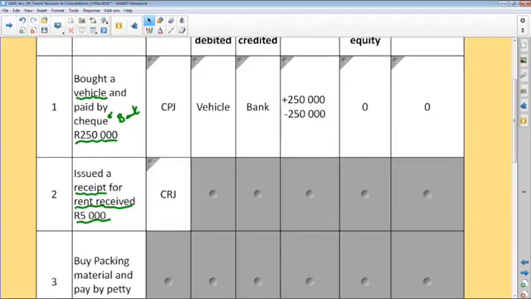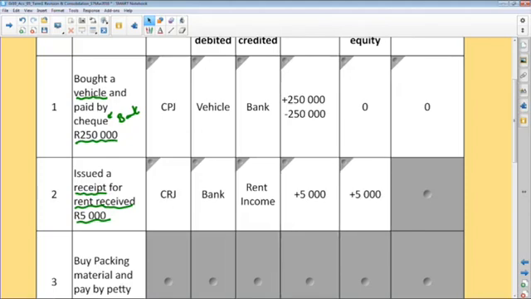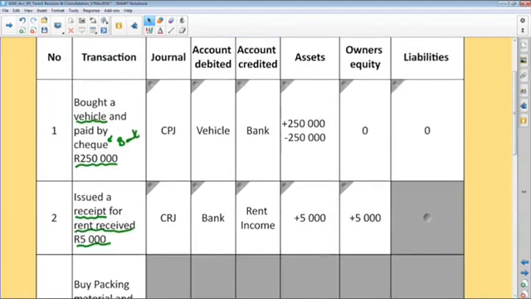Now remember, we're receiving money. Where will we put this money? We'll put it in the bank, and bank is an asset, and the asset will go up on the debit side. But now, why are we receiving money? We receive it due to rent, and it's an income to us, so we'll write it as rent income. Now remember, bank is your asset. So when bank is your asset, we'll have to go to your asset column, and it will go up because bank is debited. Now income also goes up because we're receiving more for rent income, and therefore we'll go to owner's equity. And as you can see, this rent income is good for my owner,